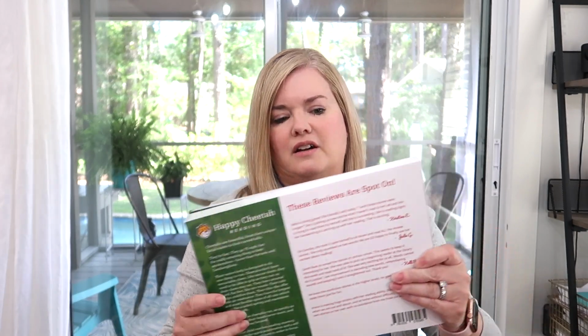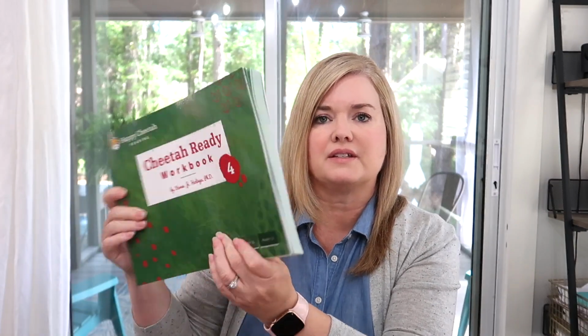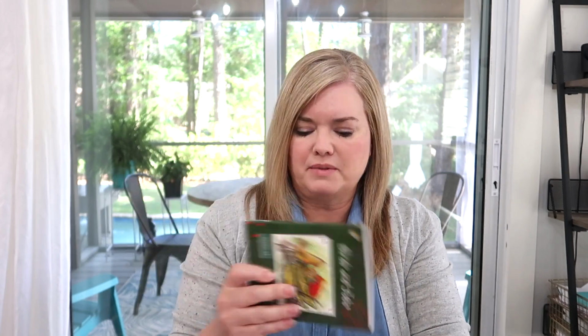When she finishes that, she's able to do about 1 to 2 lessons a day, just depending on what kind of lesson it is. There's certain lessons that I always combine, and she's done very well with that. And then starting in late October, we're going to move her to the last workbook in Happy Cheetah Reading, which is workbook 4. This also has 112 lessons, and this is their second grade level. Once you finish the second grade level, that is it for Happy Cheetah Reading. It's done. This one also comes with Birds and Jobs, Fairy Tales Retold Part 1, Fairy Tales Retold Part 2,